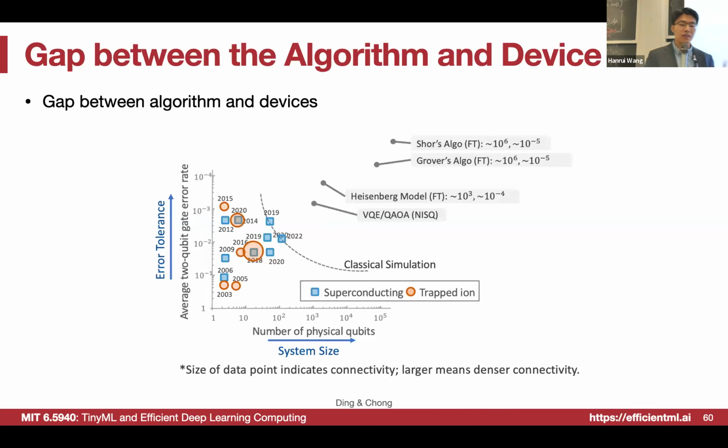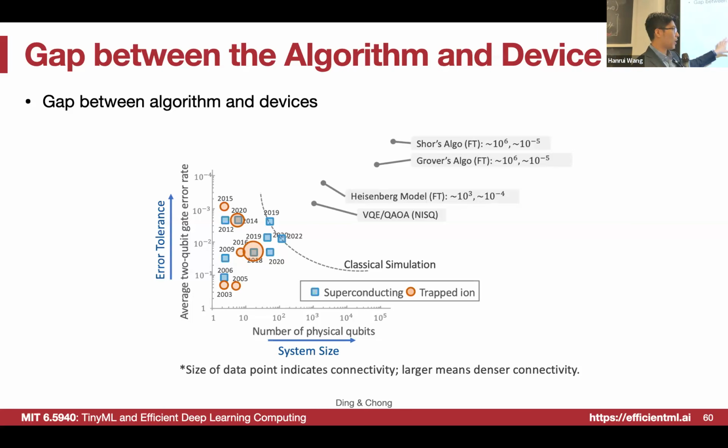So as we said, there is a large gap between the algorithm requirements and the capacity of the device. For example, here the x-axis is the system size, and the y-axis is the error tolerance, right? The error tolerance means how good the operations on a quantum device are. We can see that over time we are improving this from like 10 to the power of -1, maybe 50% or even higher error, to around 10 to the power of -3, which means 1/1000 of the error.